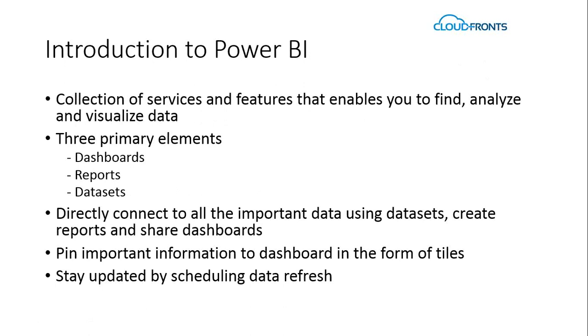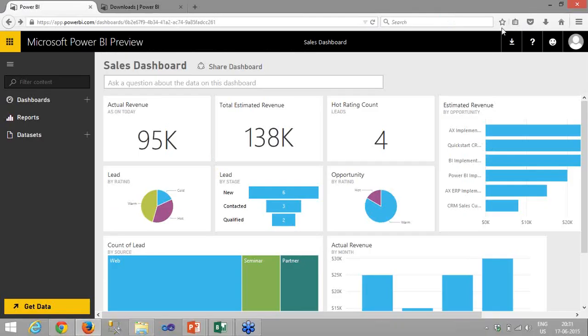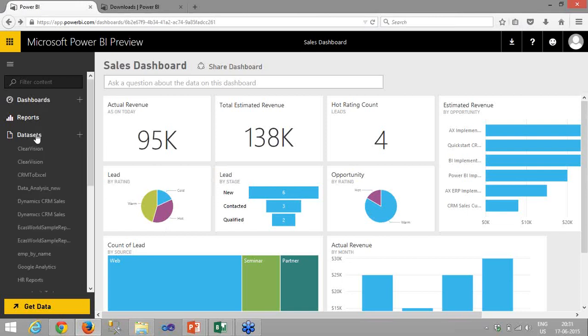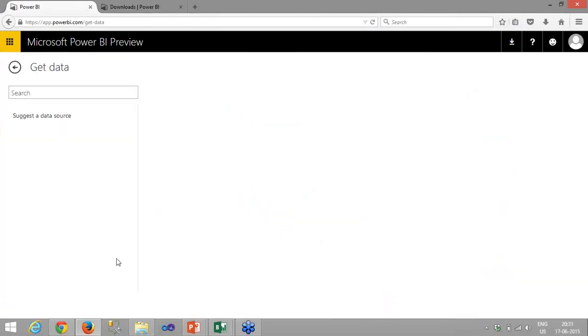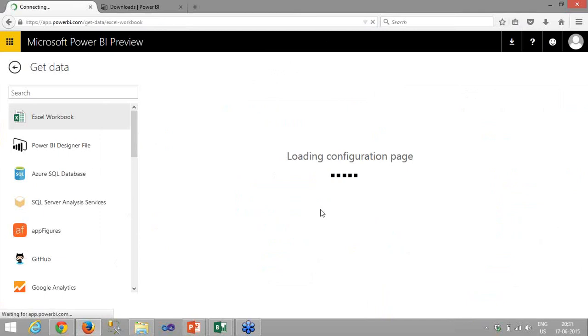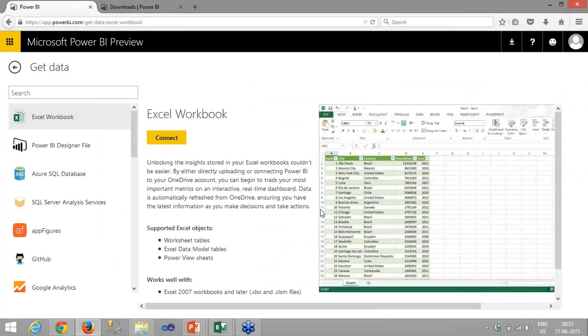Power BI has three primary elements, that is dashboards, reports, and datasets. Power BI has the ability to directly connect to many datasets. For example, we can connect an Excel workbook, Power BI Designer file, Azure SQL database.